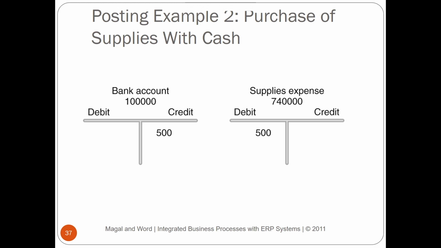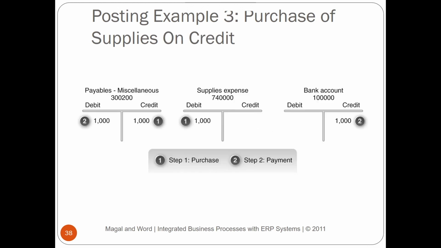GBI purchases office supplies for 500 USD with a check. Office supplies are an expense, so they are defined as money spent rather than treated as an asset upon purchase, even if some of the supplies remain unused. So in this case, the relevant accounts are the bank and the supplies expense. And next, we consider the scenario where GBI purchased 1,000 of office supplies